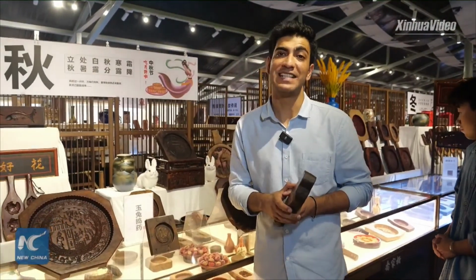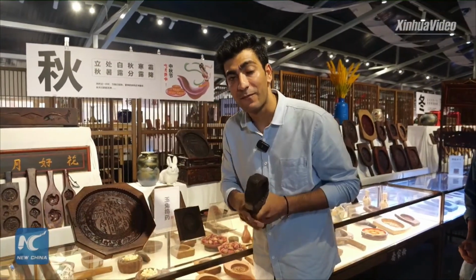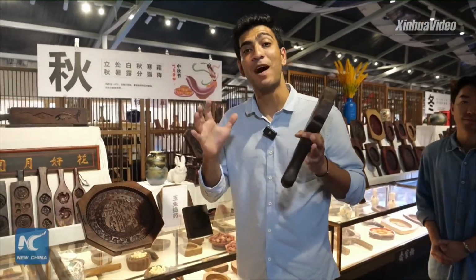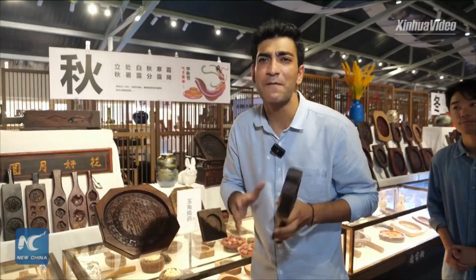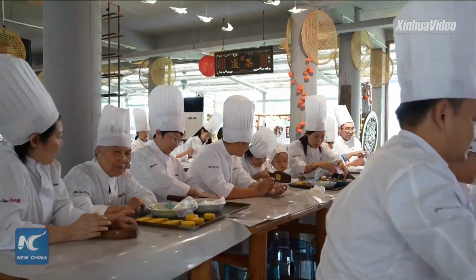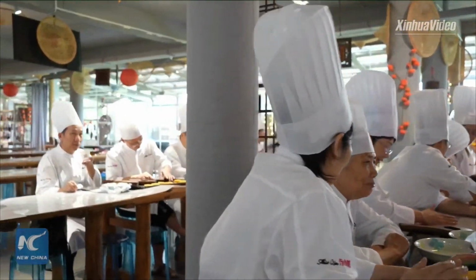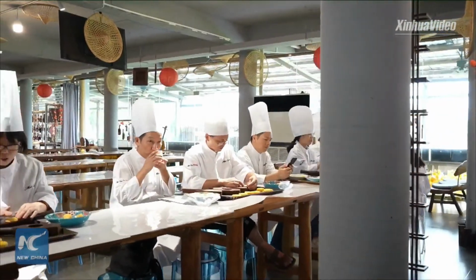Just now, the staff member told us that these wooden molds on display here are all still usable, and as they are brushed with the tung oil from time to time and well protected. Nevertheless, nowadays mooncakes are made in a mechanized way, with laser printing molds and mass production by the machines, which have improved the efficiency. Making handmade mooncakes with the wooden molds has become a recreational activity for the people to experience the Mid-Autumn Festival